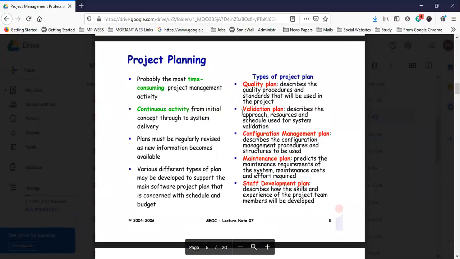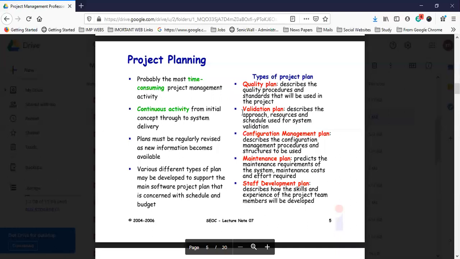Project planning. So the first thing, we already discussed project planning. It is probably the most time-consuming project management activity, right? Because all your thoughts and all your information depend on the type of planning you have made. That is why it is very time-consuming.